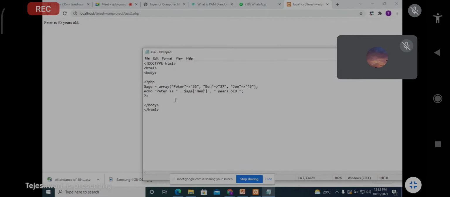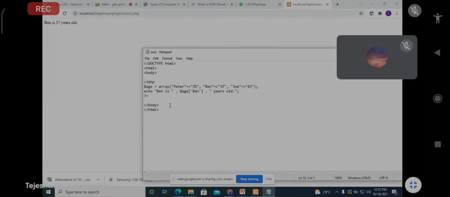I also want to change here. Ben is. Just reload the page. Now we'll get Ben is 37 years old. So you just change here whatever you want.